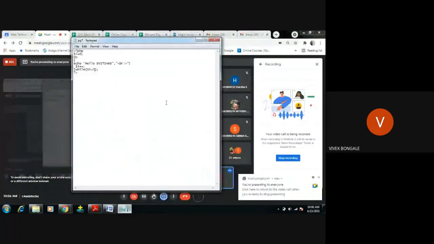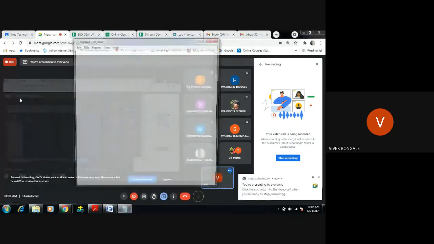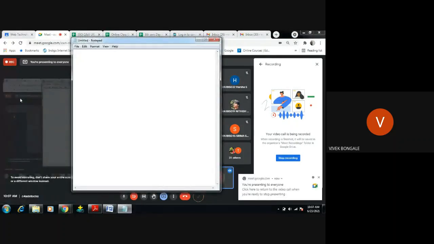We'll take a new page and write a small program on functions in PHP. First we'll see functions without a parameter.